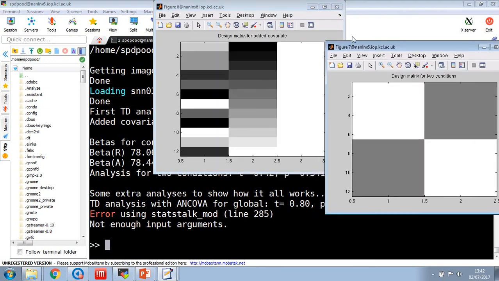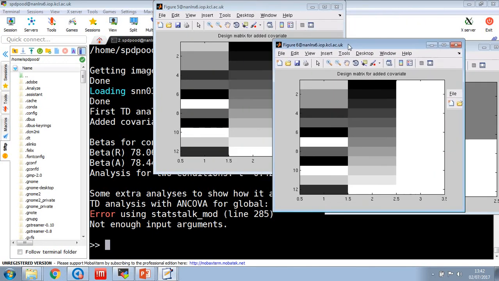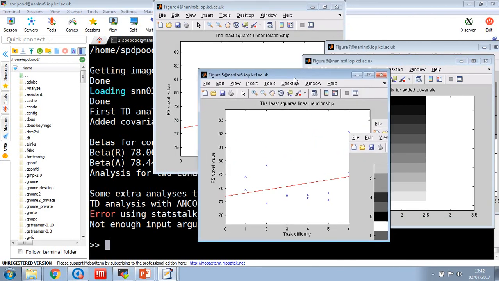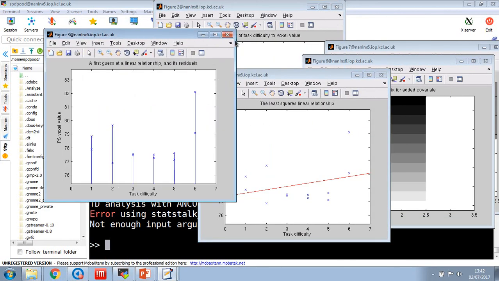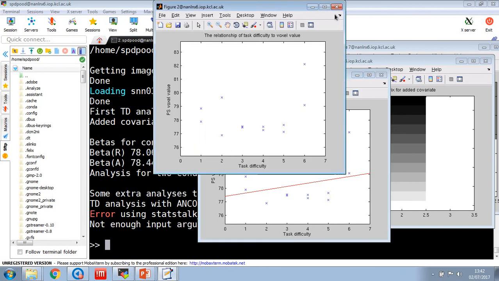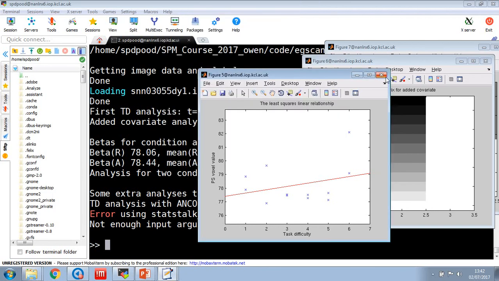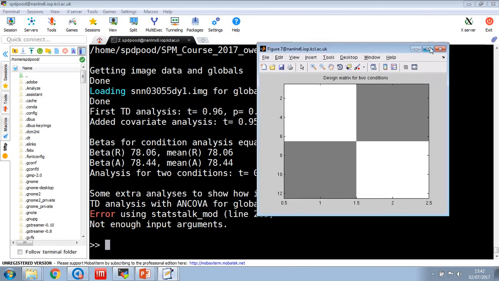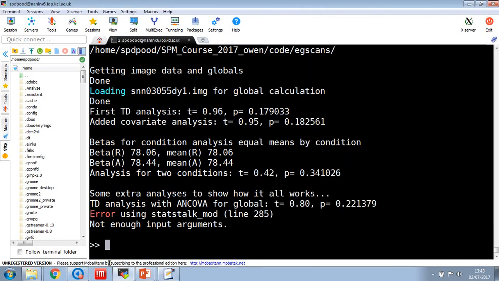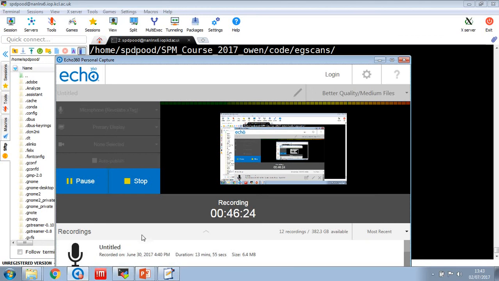And this is basically just building a design matrix, building a two-sample t-test. This is just code from Cambridge that basically explains some of the basic principles. So again, task difficulty can be coded in the model. Actually, yeah, I'm not going to worry about that too much. Okay, let's stop there and we'll come back to